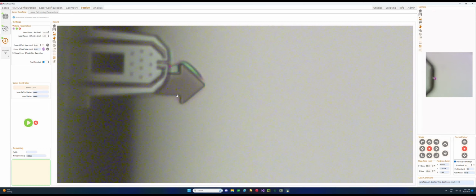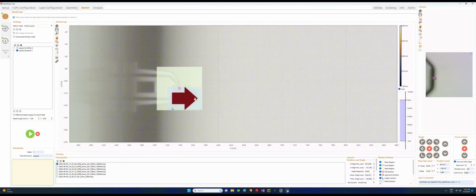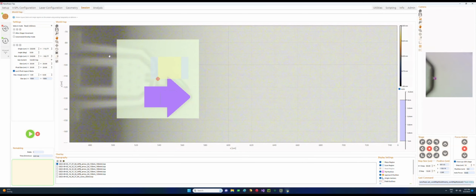Of course, if we want to check the quality of the pattern, and especially if we want to check the depth at which we're patterning, we can make good use of the reading function of the Nanofrazor, because this will not, of course, damage our area, but it will still allow us to have an idea of the depth at which we're patterning with the laser, because differently from TSPL, we do not have any feedback with the laser, because we just use the laser and the tip is just there for reference.